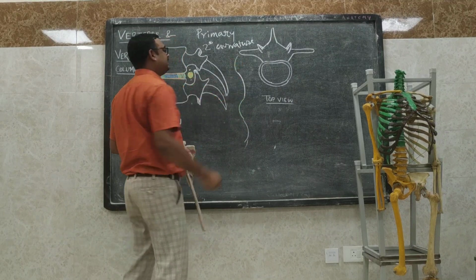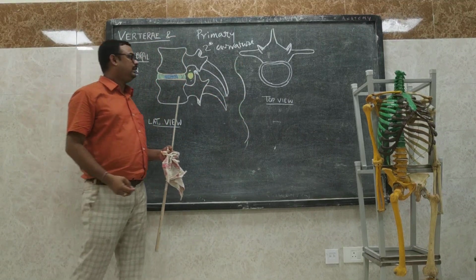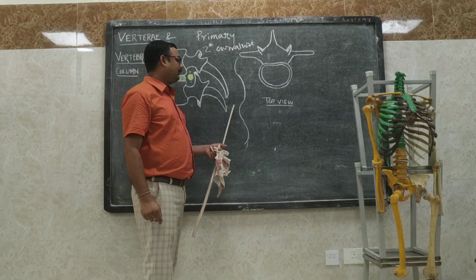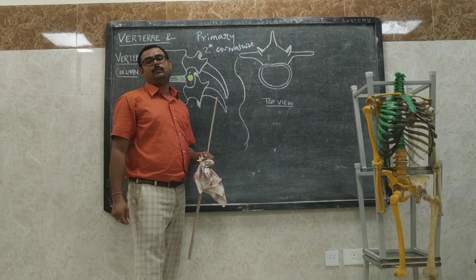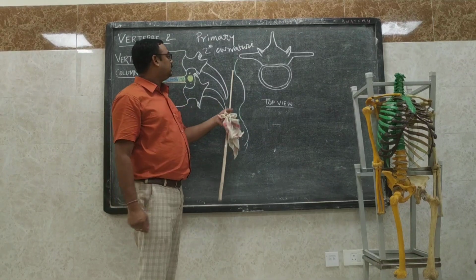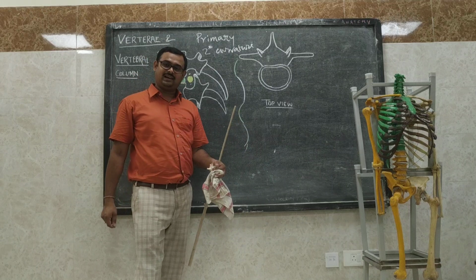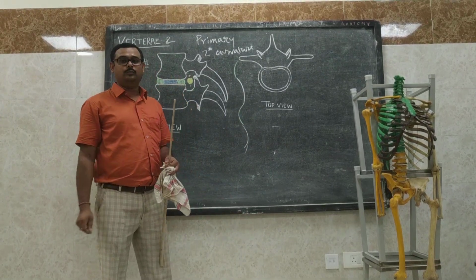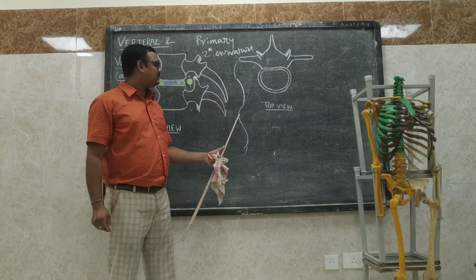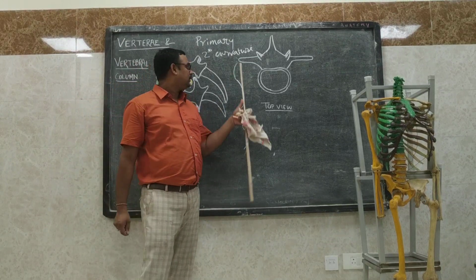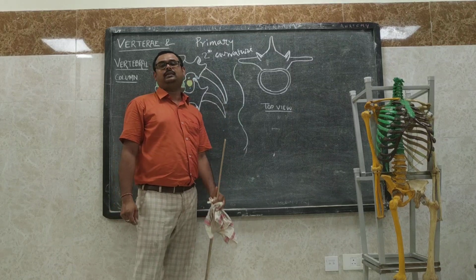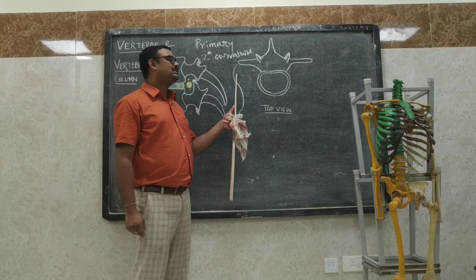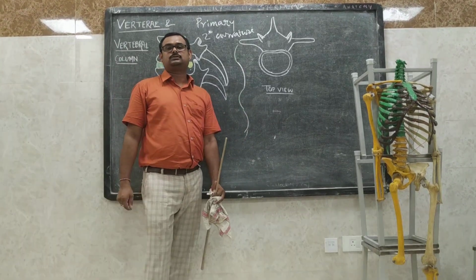Now, this convexity is the cervical convexity, and this convexity is the lumbar convexity, and the lumbar convexity we call the lumbar lordosis. Now, the primary curvature, I have already narrated, is present within the mother's womb. So these two curvatures develop with age. Now, the cervical curvature develops when the child begins to hold his head, right? So that is the age of 4 to 5 months.